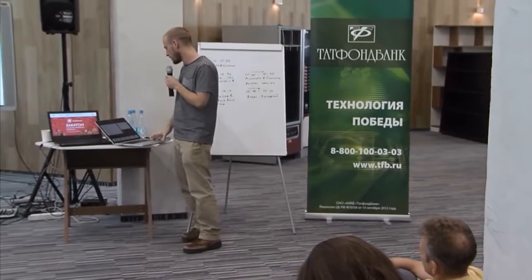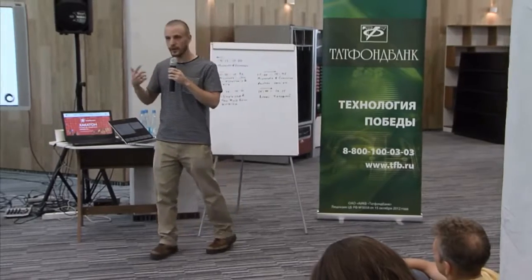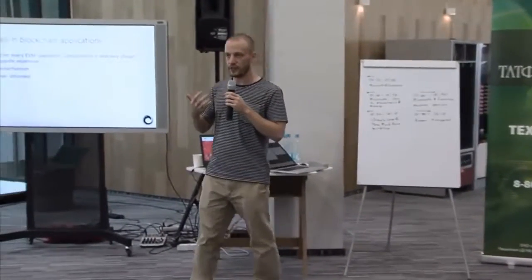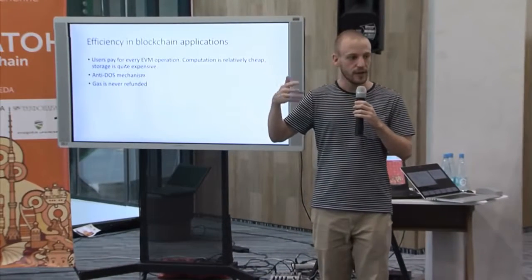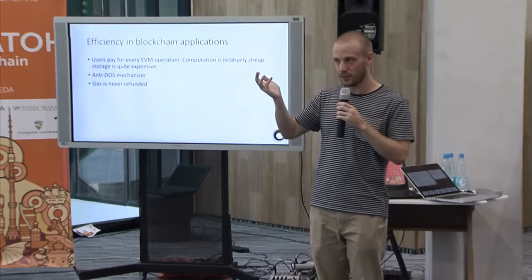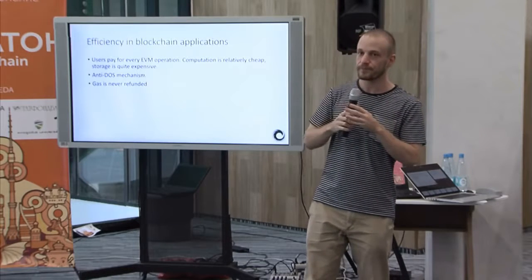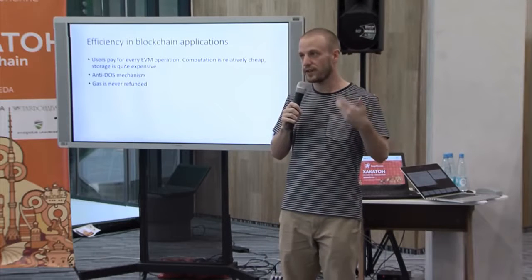Also keep in mind efficiency. When we run code on programmable blockchains, you might imagine, what if I'm like a troll and I just put an infinite loop in my code? Every single miner on the network is just going to be running that infinite loop forever, and then the blockchain is broken. How do we prevent this? The answer is users have to pay a small amount of ether for every computation that they do.